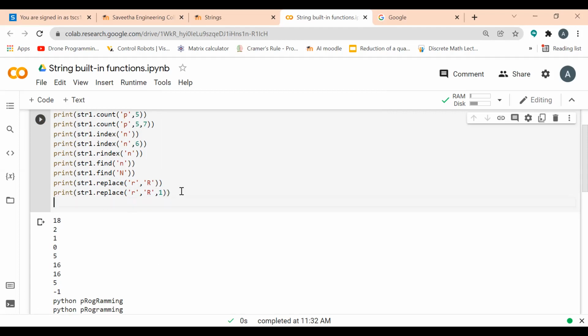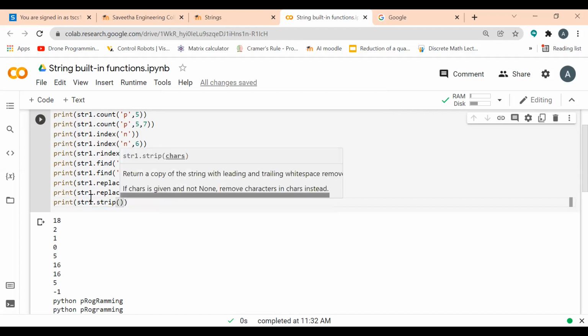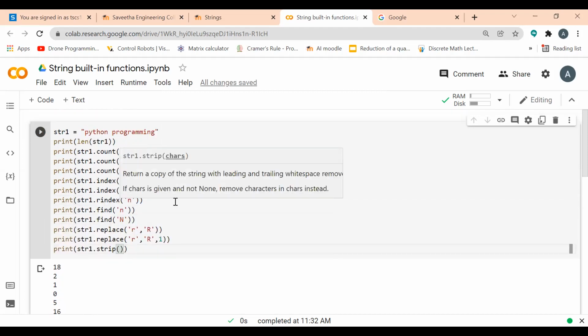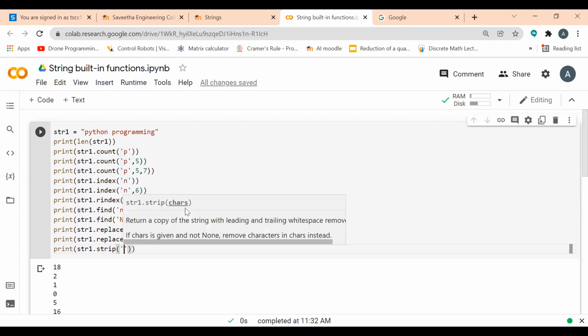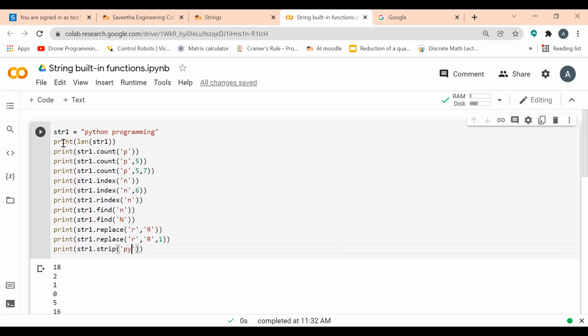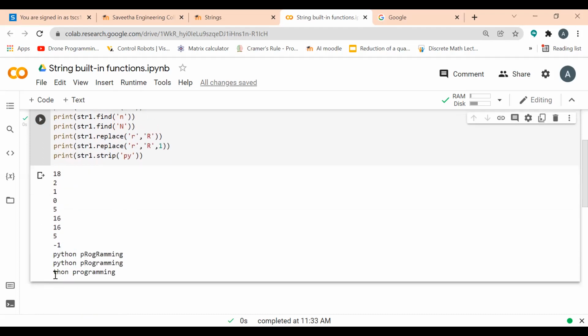So next is strip. Strip will remove the content from both sides. If I give py, it will check whether py is there on both sides: from the right, and from the left also. On the left side py is there, so it got stripped.